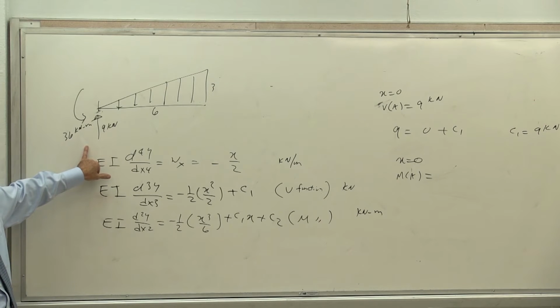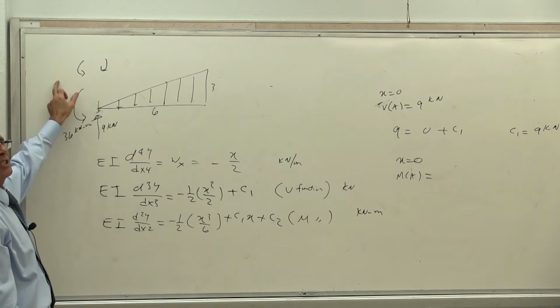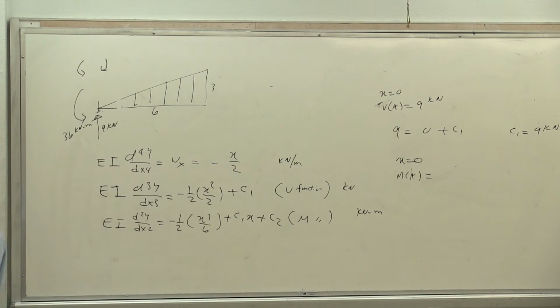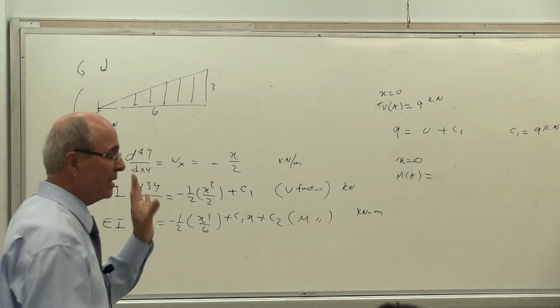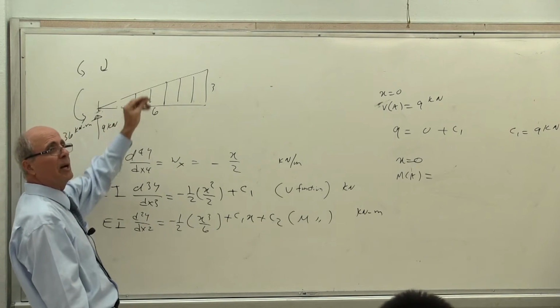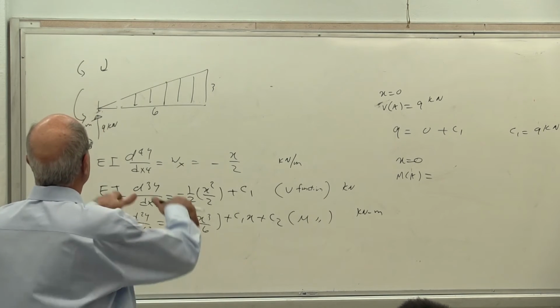Now, you have to be very careful. Correct? You are not looking at this. You are looking at this. Is that correct? This is the action. This is the reaction of the beam, which is here. Everybody understand that? And that system, as you see, pushes it down, tension on top, compression on the bottom. Be careful here. Exactly the same sign issue that some of you missed when you were drawing the shear and moment diagram is going to haunt you here. If you didn't learn it there, you have a problem here. So you have to be very careful with this sign business. Is that correct or not? Of course it is. You were a pair.